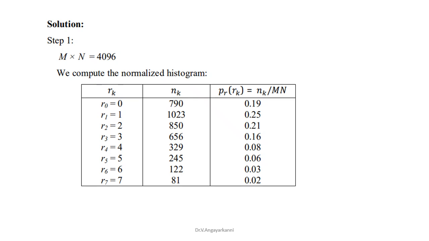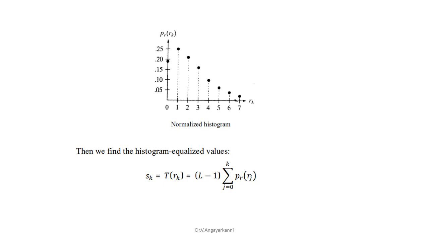We compute the normalized histogram. The size is calculated by multiplying length and breadth, which is equal to 4096. Here all the pixel values and their corresponding nk are listed, and we calculate the probability as we explained in the earlier slide: the number of pixels with that intensity divided by the total number of pixels. Then the normalized histogram is redrawn, and we find the histogram equalized values using the formula